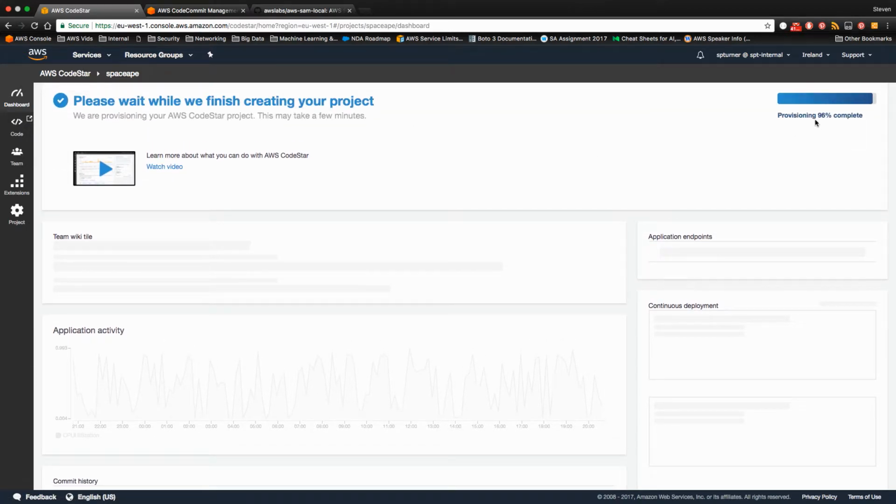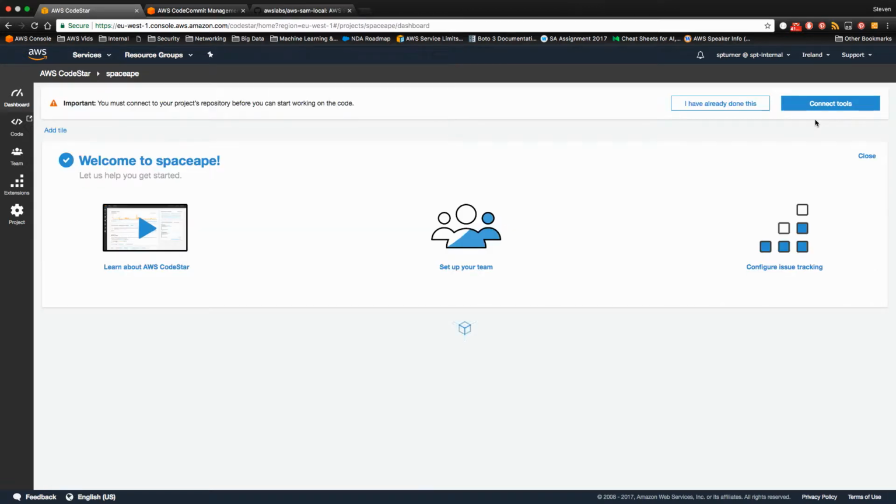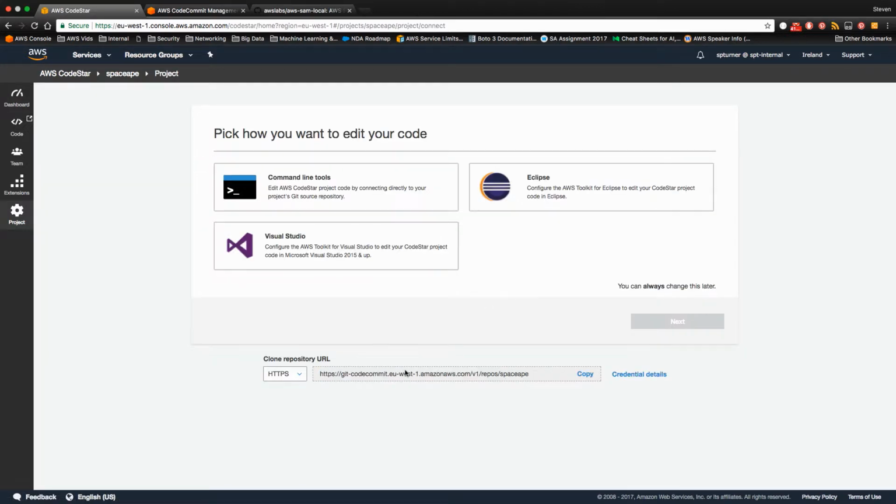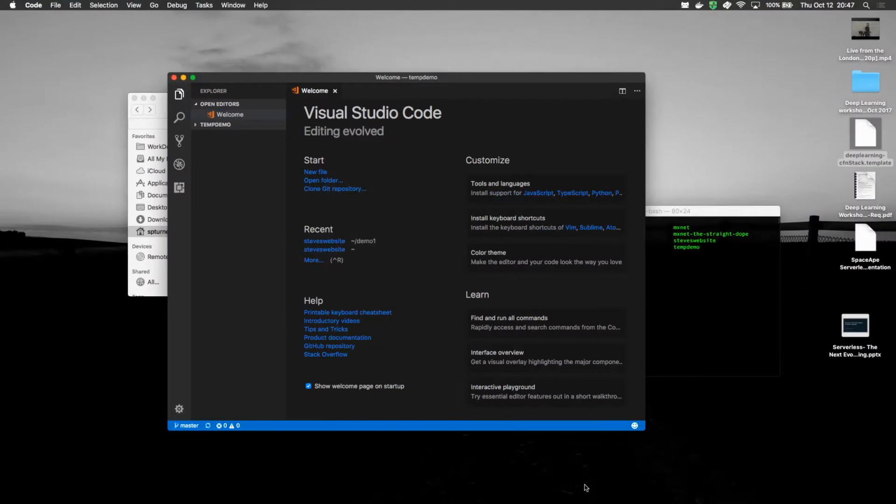Once it's almost there, I'll get a URL, and that URL will effectively be a Git repo that I can just clone against. There we go. So if I want to go and get it, I have this repo here. And so now I can just go and clone that locally and start playing with it. In this particular case, I'm going to use Visual Studio Code.